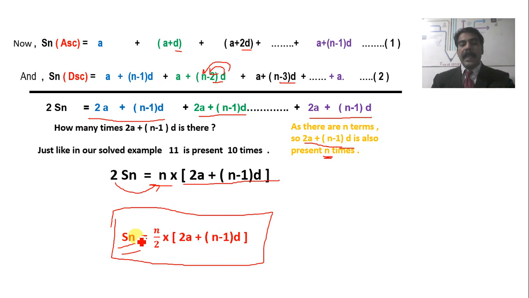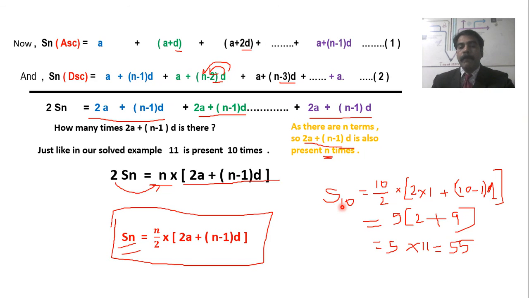Students, if we put n equals 10 here, in order to find out the sum of the first 10 natural numbers, instead of n I am writing 10. In the formula, instead of n just paste 10 there: 10 upon 2 into, as per the formula, 2 multiplied by a. A means the first term, the first natural number is 1, so put 1 there, plus again n minus 1. So n is 10, 10 minus 1 into d. D is the common difference. The common difference between natural numbers is 1, so I am writing 1 here. Simplify it. 2 5s are 10, 2 1s are 2, plus 10 minus 1 is 9, 9 1s are 9. 9 plus 2 is 11, 11 into 5 is 55.